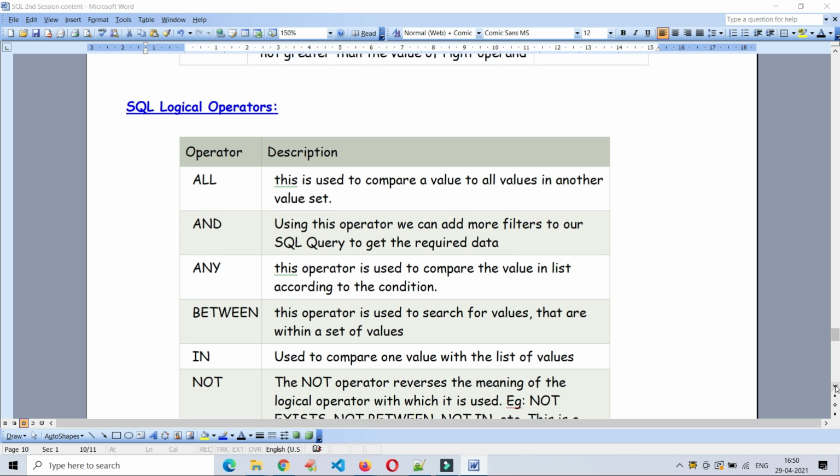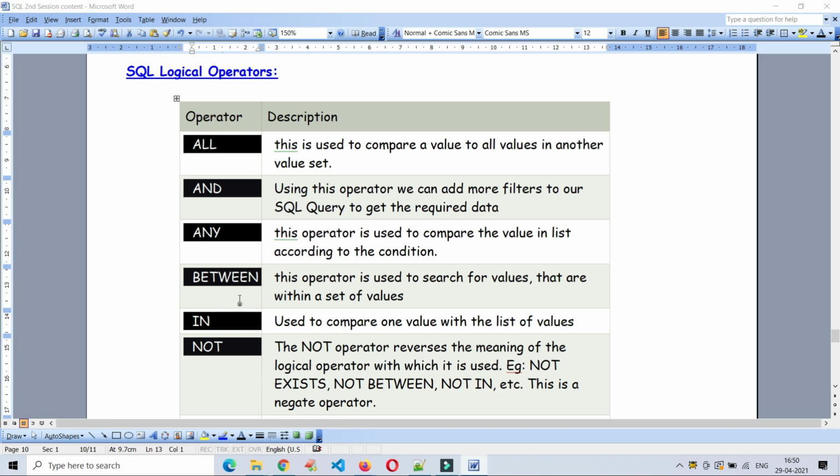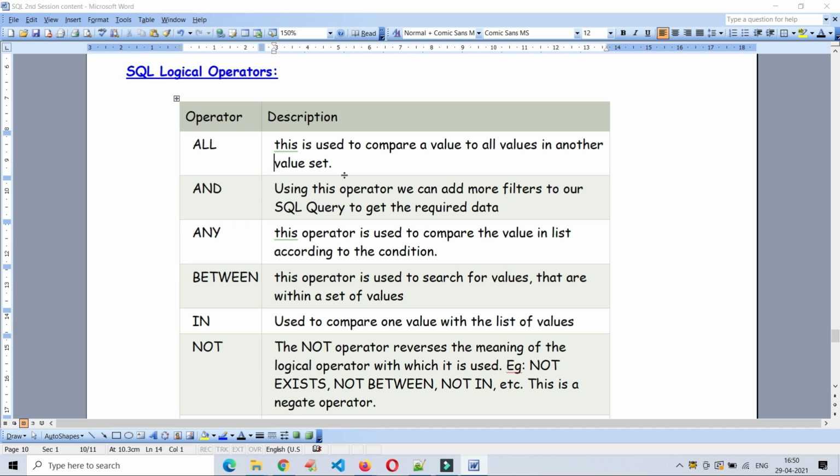And the logical operators, we will use these operators in many ways and many times in real time. I will give an explanation of each and every operator and data type, just briefly here, because this is a completely theoretical part. To understand all these things, I am explaining in a brief way.